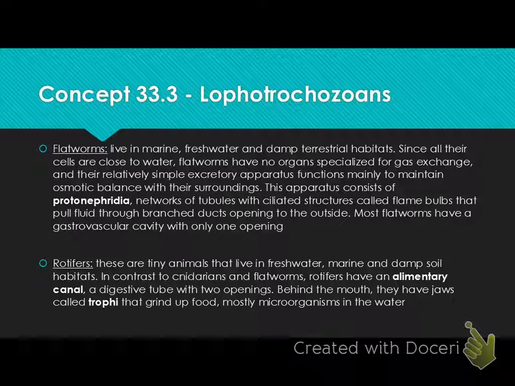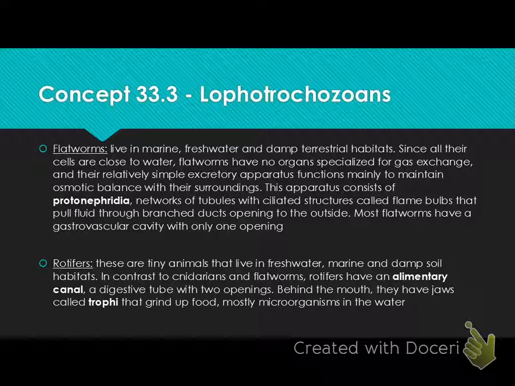Flatworms live in marine, freshwater, and damp terrestrial habitats. Since all of their cells are close to water, flatworms have no organs specialized for gas exchange, and their relatively simple excretory apparatus functions mainly to maintain osmotic balance with their surroundings. This apparatus consists of proton